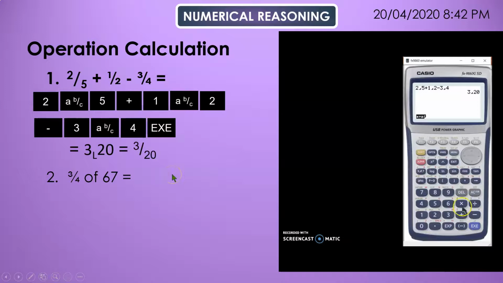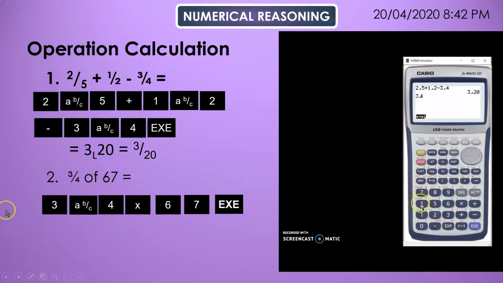So there's our answer. If we want to convert that to a decimal, we can hit the FD button, and then hit it again to go back. Our second question is to find 3/4 of 67. So the key part of that is to know that of means times. So we can go 3 ABC 4 for the denominator, so 3/4 times 67 gives us the answer